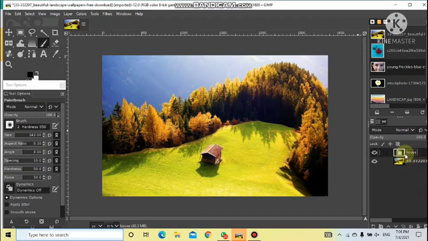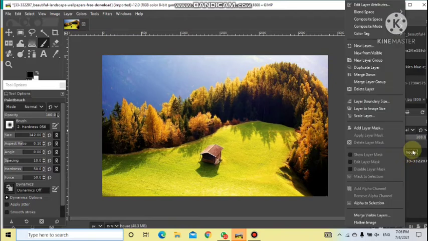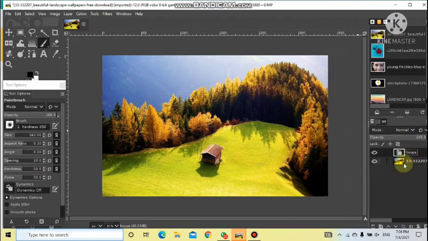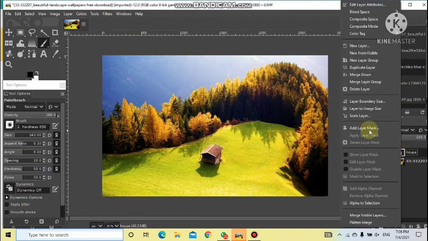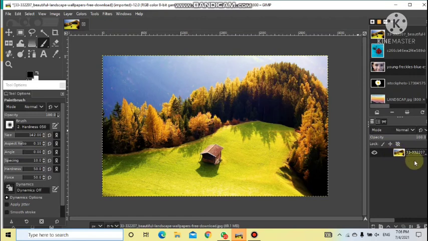And if you want to make any changes on this, you work with this, and after that you merge it with this icon. For that, right click on the top one. You will see that any new layer added will be on top of the background layer. If you want to merge with this, right click and you will get the option of merge down. Both the layers will be merged together. So this is how you can merge it. If you want to delete this one, just select it and click on this cross icon, and it will get deleted.